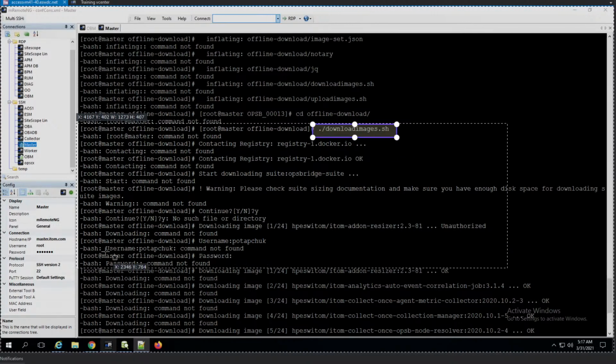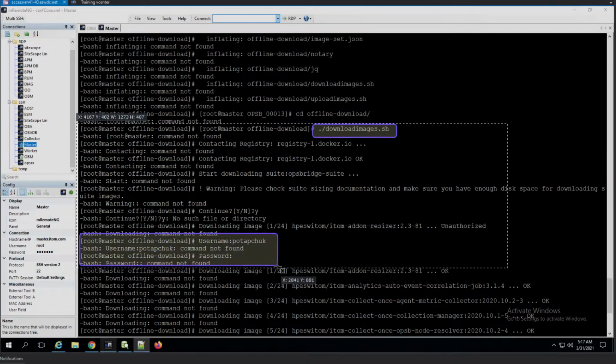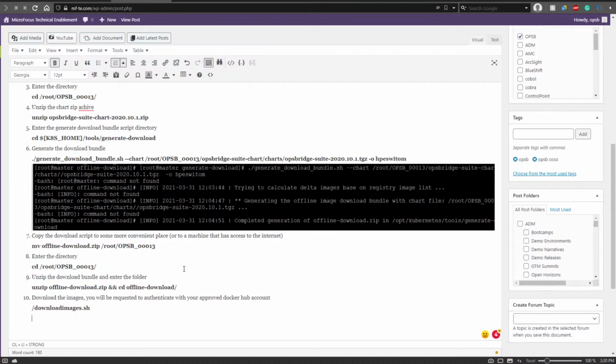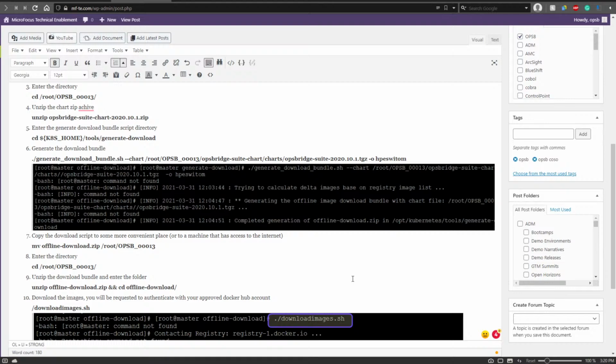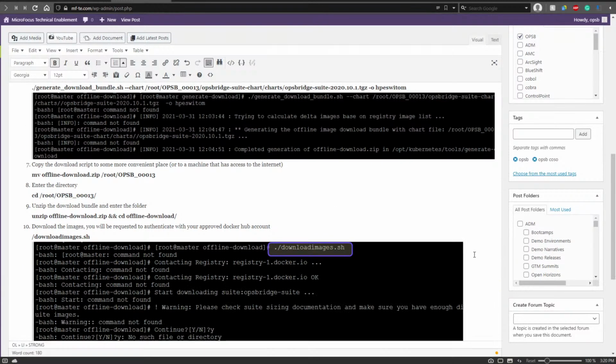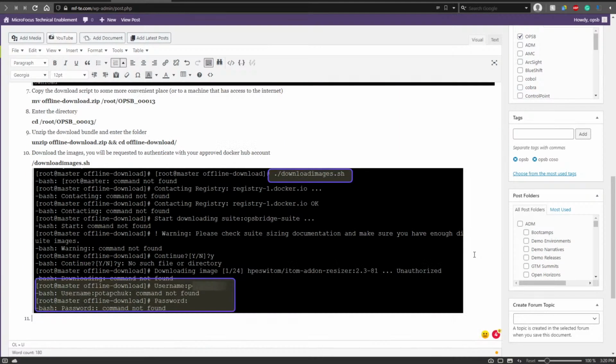And then it's going to say what's the username and password, and actually I'm going to blur it. Not just because, you never know where those things end up, and this is my last name. I know that it's kind of ironical, but believe me, things happen and your name ends up in a presentation or something, so it's not the same thing. Okay, so that's the download images. Wait for the 24 images to download,